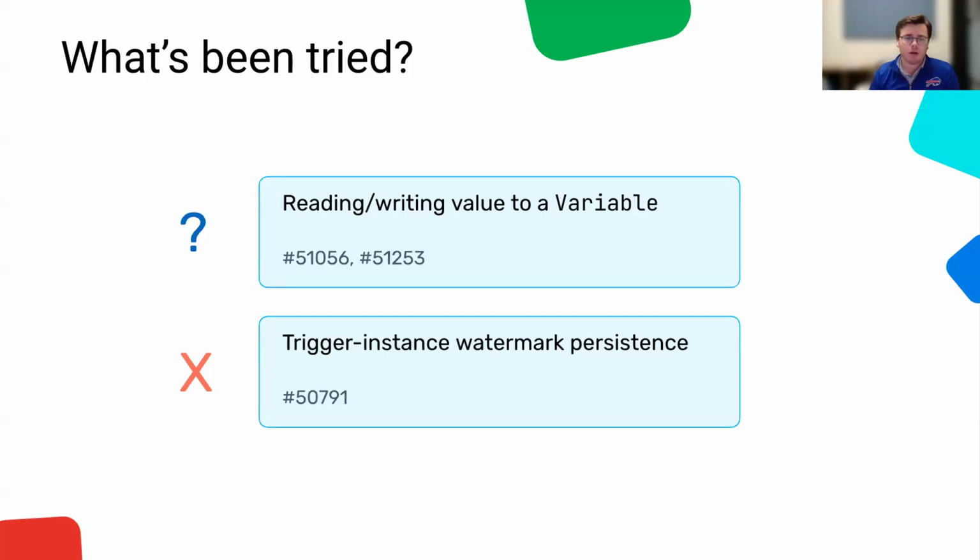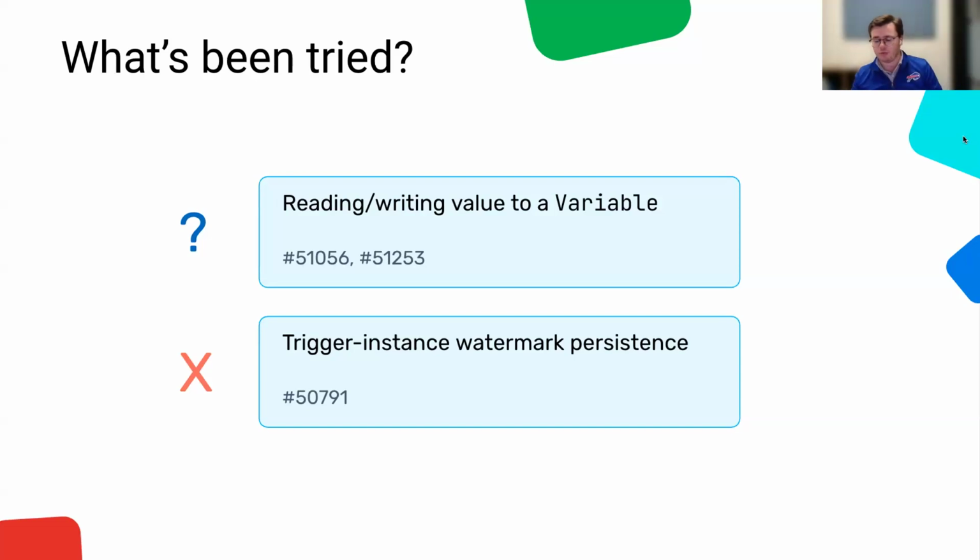So there's been a couple of attempts at actually building triggers to be used for asset watching. Two of them have leveraged the variable model. Now, this has been somewhat successful. However, Karen Braganza actually made a pull request. Before she made this, you weren't able to set a variable from the trigger.